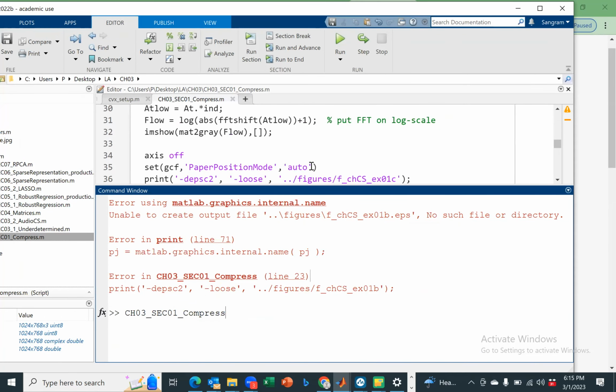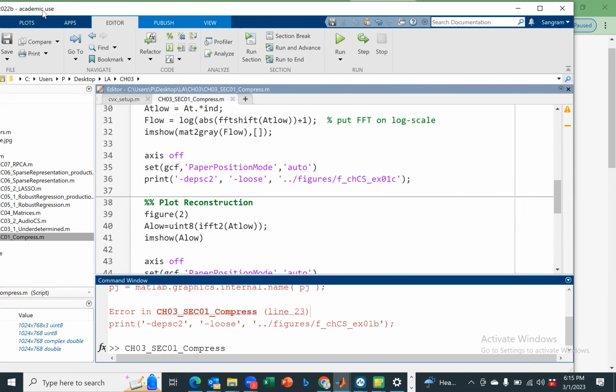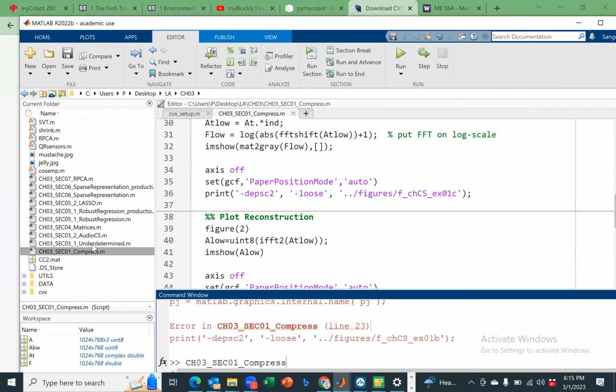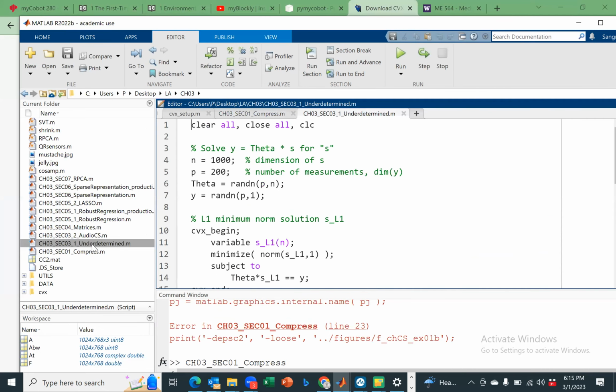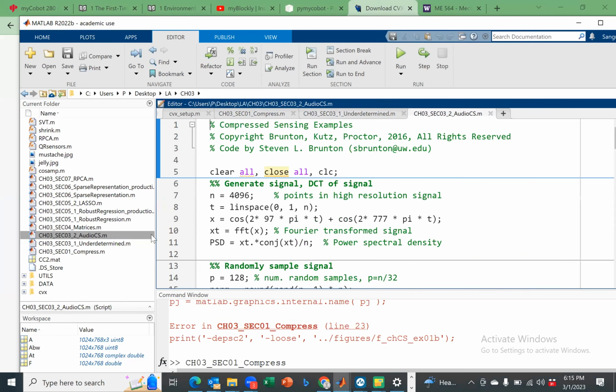So you can actually run this code, and then you will see that once you have the sparse representation, you can actually reconstruct the majority of the image. Now, the next part which I want to talk about is